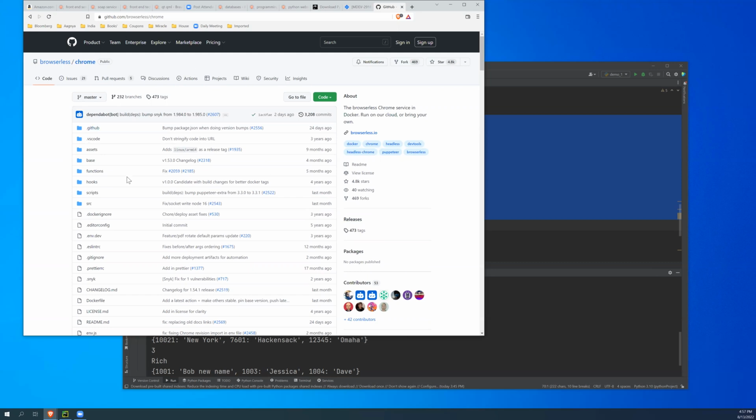So let's say I have this code here and I want to get this code. I can go to Code here. There are two options. One is HTTPS, which is a link, or I can use the GitHub CLI, which is a command line. So I can copy that. And once I copy,